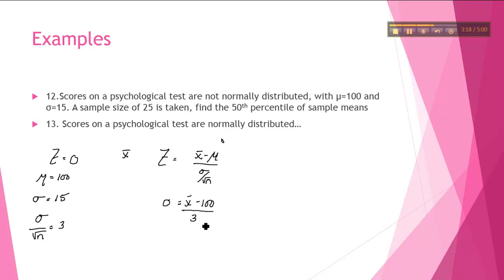And I know this is 3. Solving for x bar means that 0 equals x bar minus 100, so x bar equals 100. Now, you're probably going, wait, Gendron, why'd you go through all of that? And if you're saying that, then you're right, because I don't need to worry about that. I already know that my mean, or my 50th percentile, is going to be 100, because this is the true mean, and this is the sample mean. So if we hit it right on the head with a z of 0, I get an x bar of